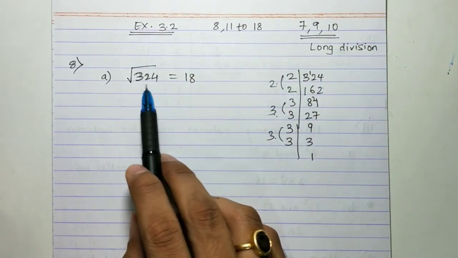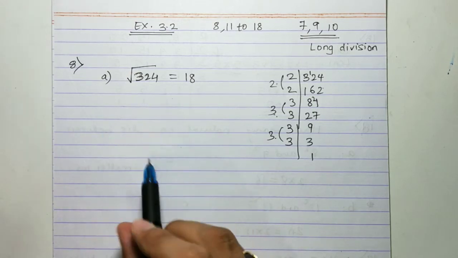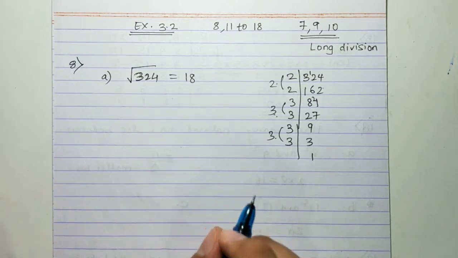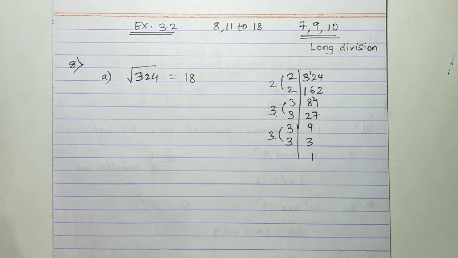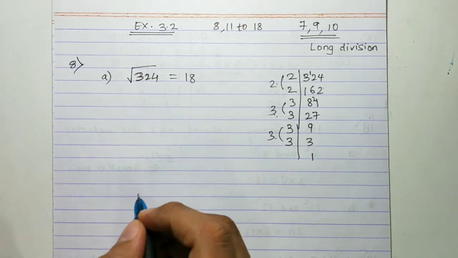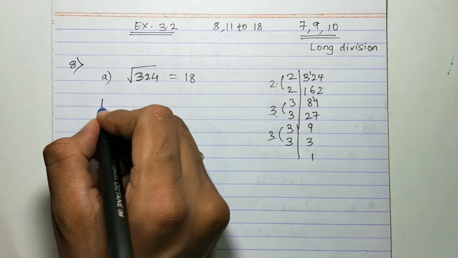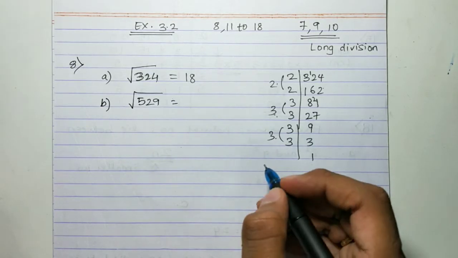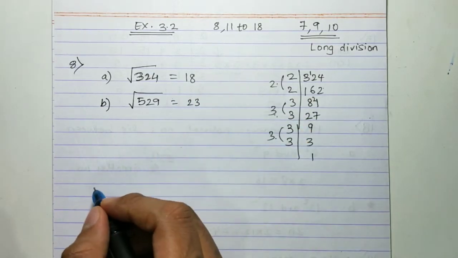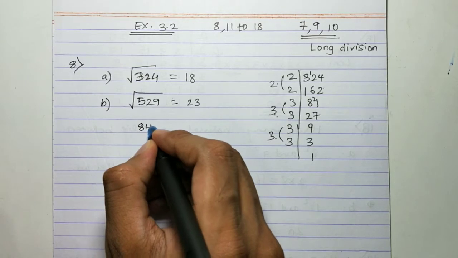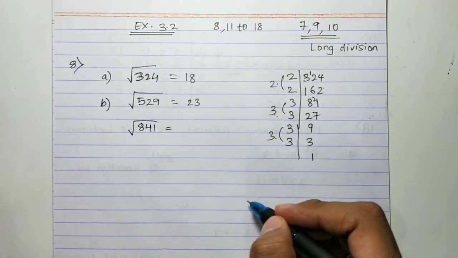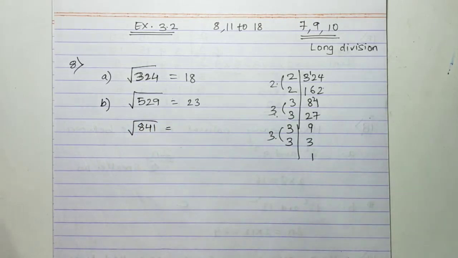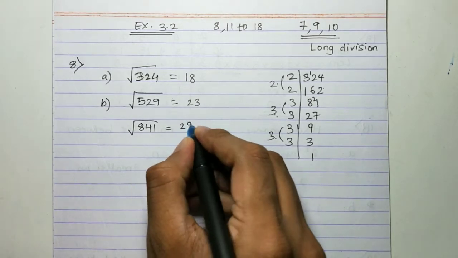Now the units and tens digit method which they are asking for is a little complicated. We will only use that method if it is specifically asked in school. Generally they will not ask these types of questions, and if they do, we'll do it later on. So here you just find the square root of these numbers normally. The square root of 529 is 23. The square root of 841 is 29.